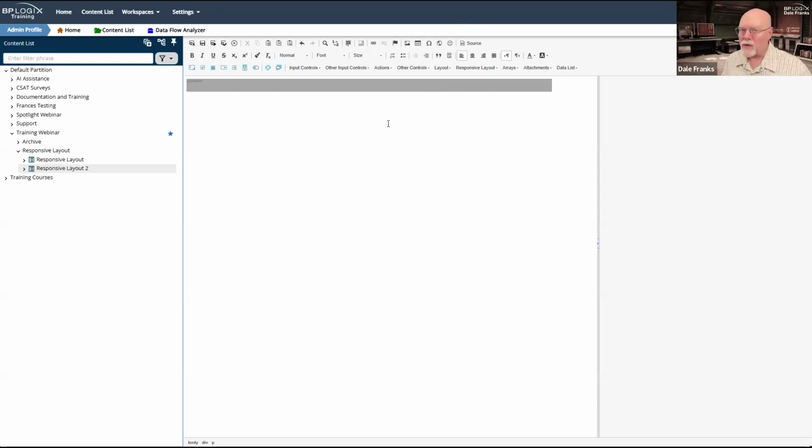Once the container control is on the form, you now have to be very, very sure of where your cursor appears. It's right here at the moment inside the container control, flashing. That is where your next control will be placed.